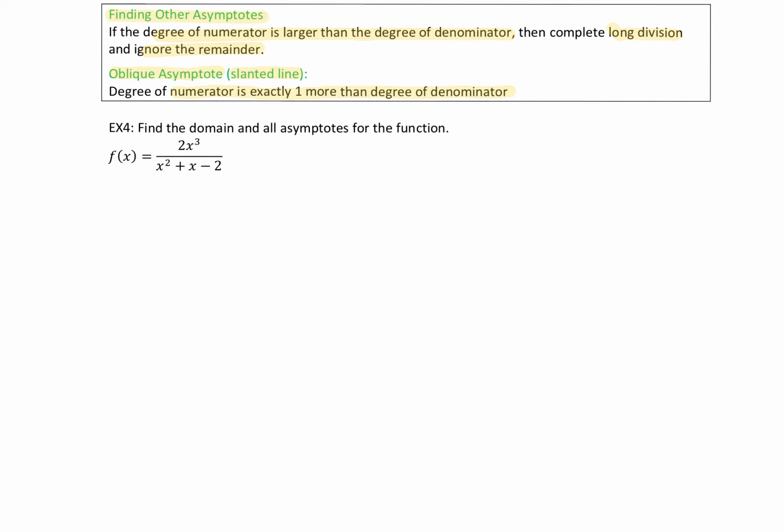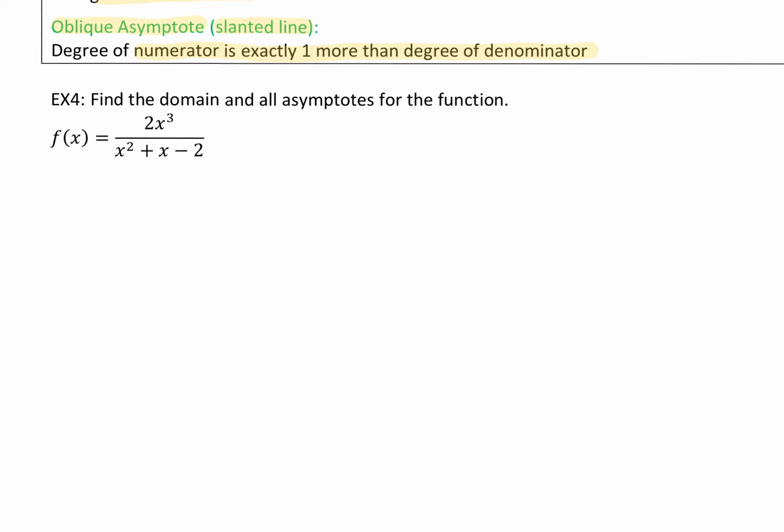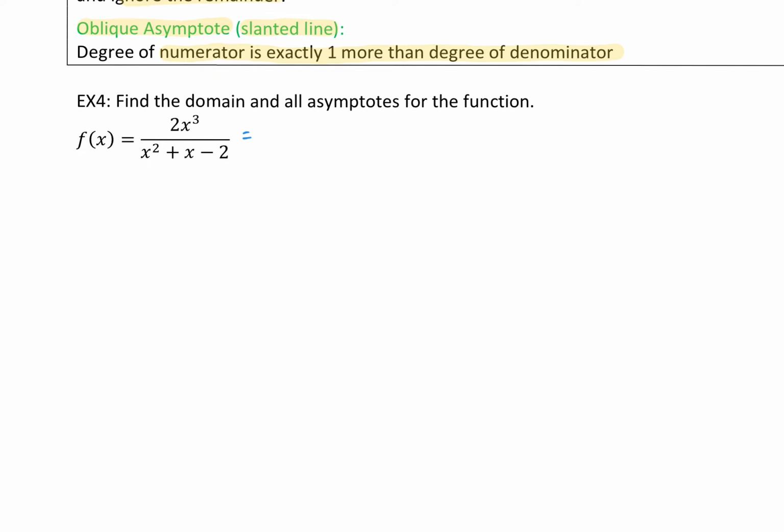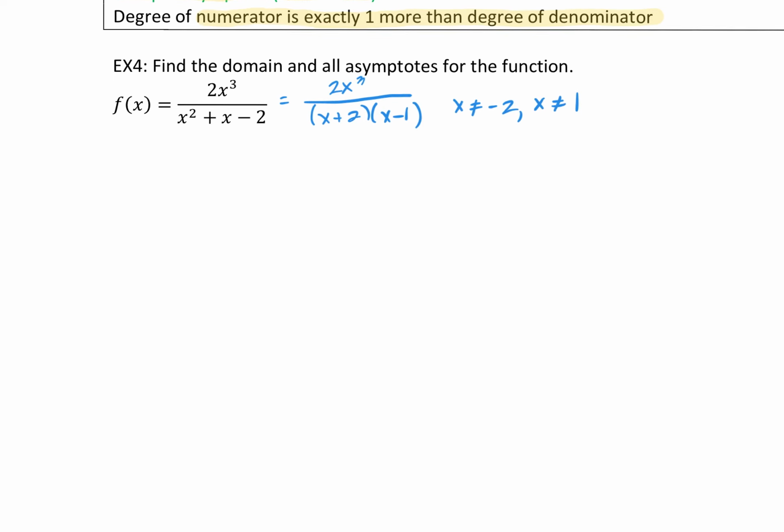So in example 4, we're going to find domain and then all asymptotes, not just horizontal. We do what we did previously. We look at our function and we see, well, can we factor and cancel? The 2x to the third in the numerator is factored. The denominator would be x plus 2, x minus 1. So that is factored, nothing cancels. However, for the domain, note that x cannot be equal to negative 2. x cannot be equal to positive 1. And right away I get the domain,